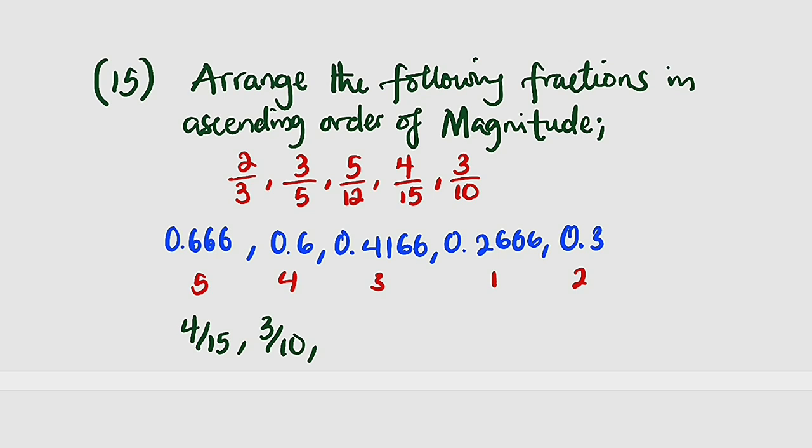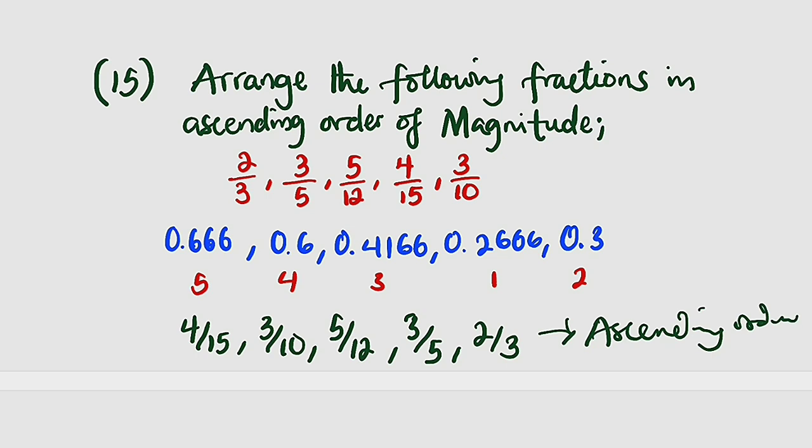Then number 3, which is 5 divided by 12, followed by 3 divided by 5. And lastly, the biggest is 2 divided by 3. And hence, this is written in what? Ascending